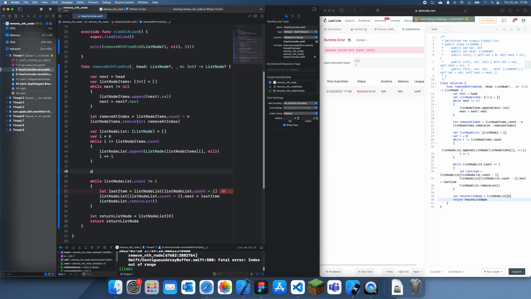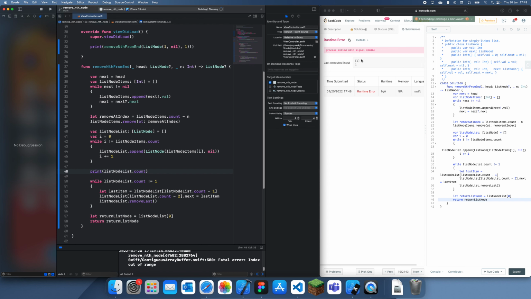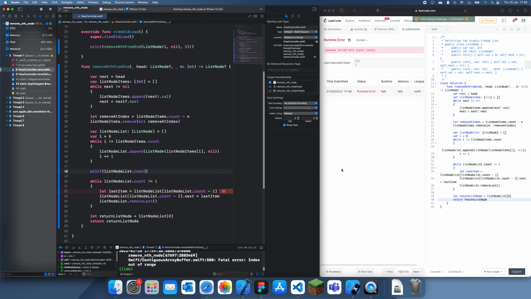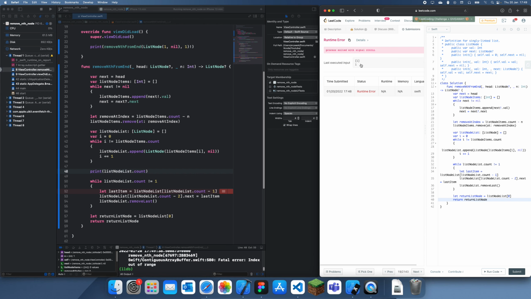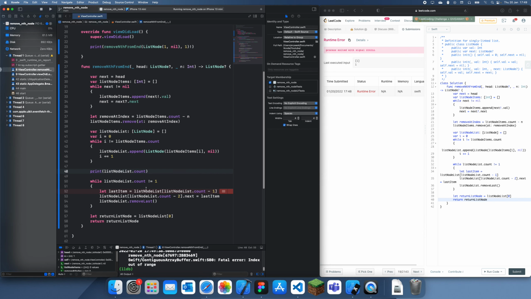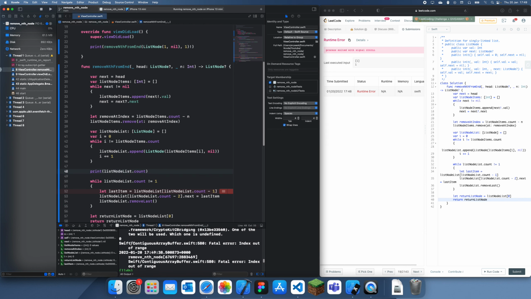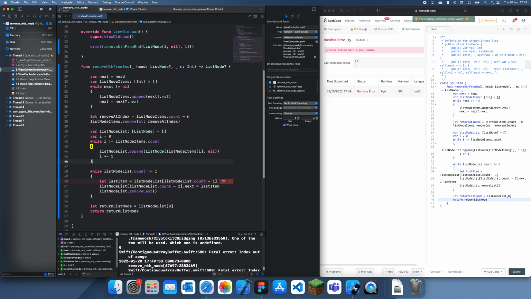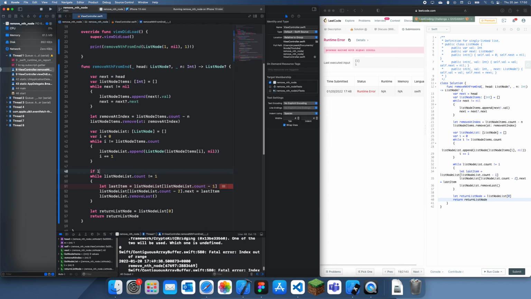Okay, let's just print it here. I'm guessing it should have. Oh right, it has 0 values because the count of this list is 1. Then when you minus 1 from that, you get 0. So it removes this, which means it has nothing. So yeah, the length is 0. That makes sense. Okay. So what we can do is say something like if list node list.count